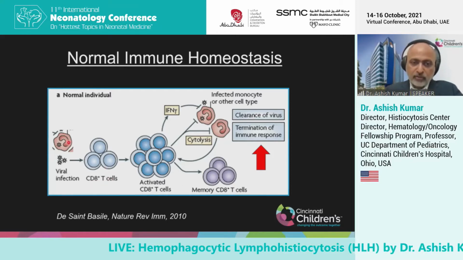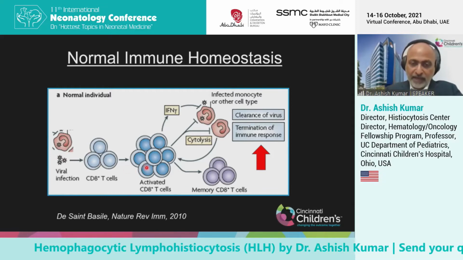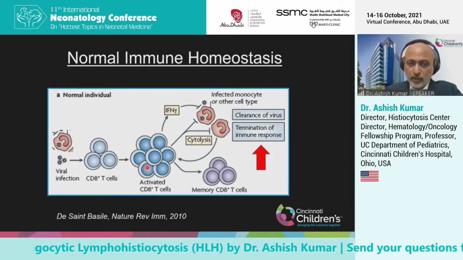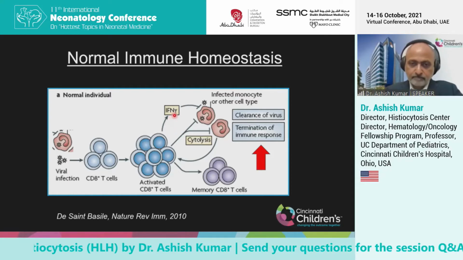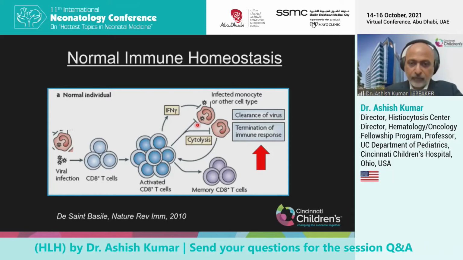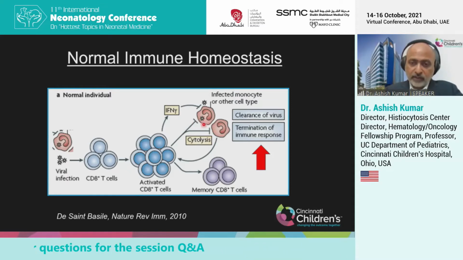In response to this activation, the T cells will expand, they will become activated, and they do 2 things. One is they secrete cytokines such as interferon gamma, and the second is that by direct contact